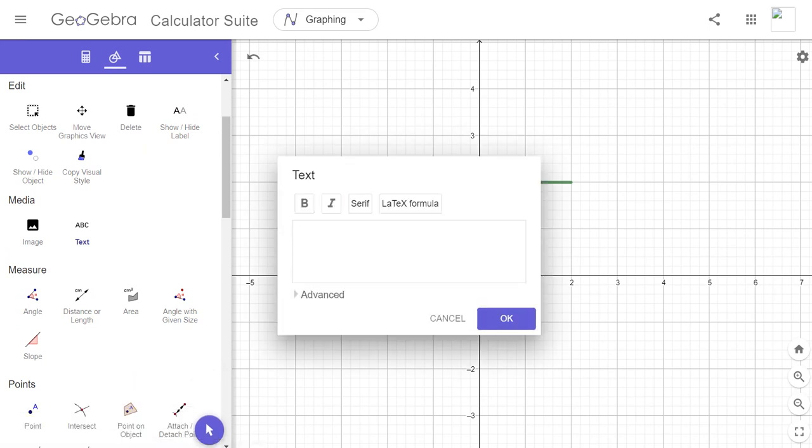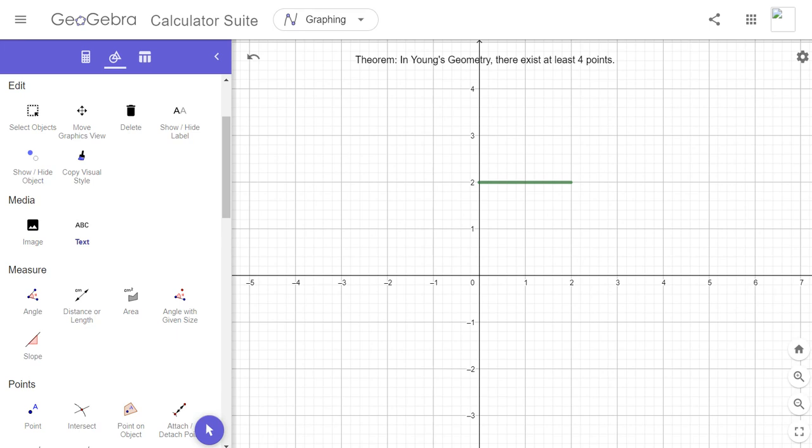So it's going to be theorem in Young's geometry. There exists at least 4 points. So I'm not going to spend a ton of time showing you how,